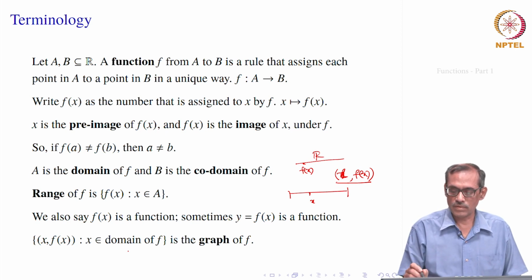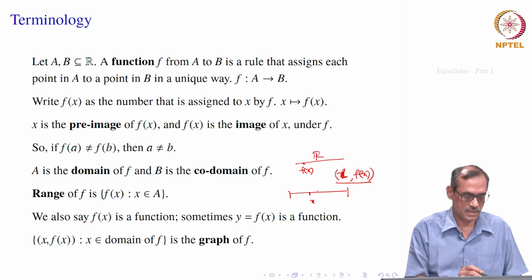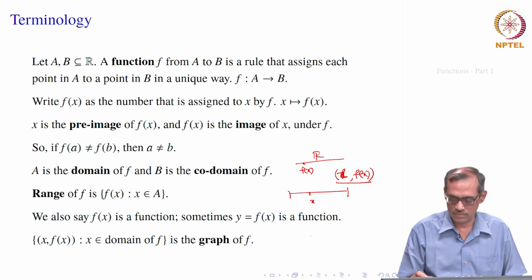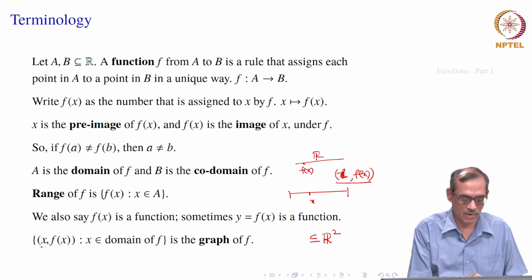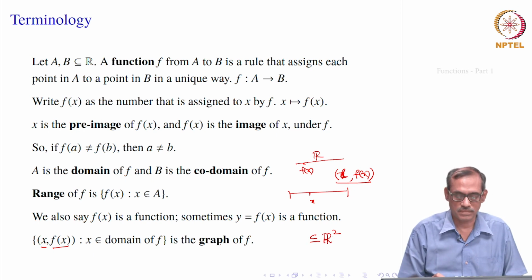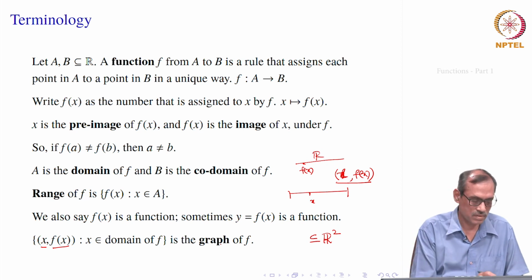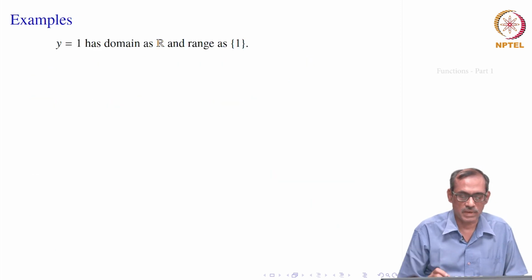So, now we will be taking some examples where we will write the graph of f, how the function looks like as the set of ordered pairs. So, the graph of f will be a subset of R2, right, because x is from R, f of x is from R. So, their ordered pair belongs to R2. So, the graph of f will be a subset of R2. Usually, it will be a curve. We will see how it looks. So, we will consider some examples.